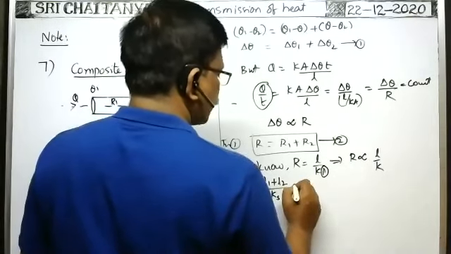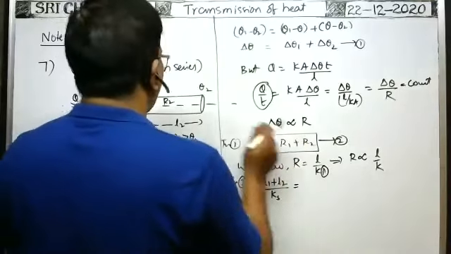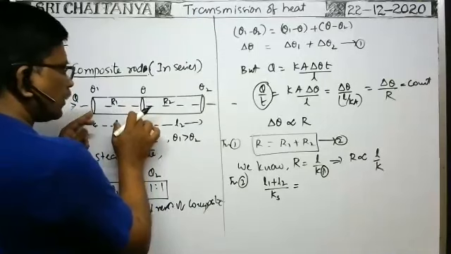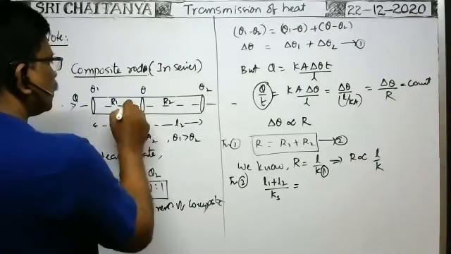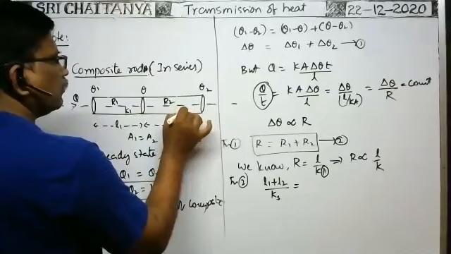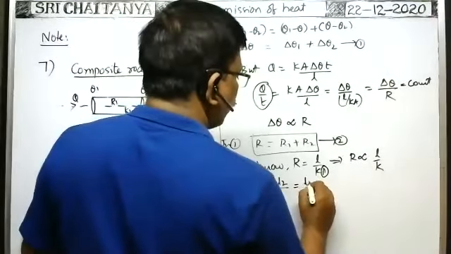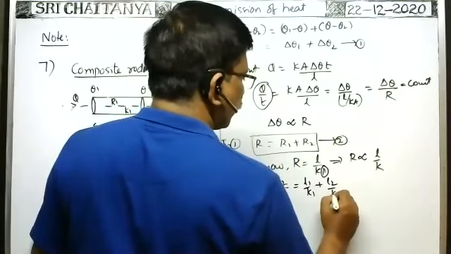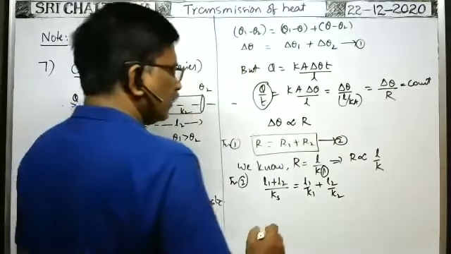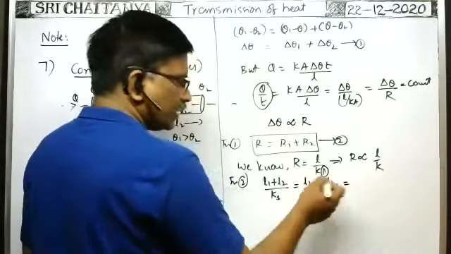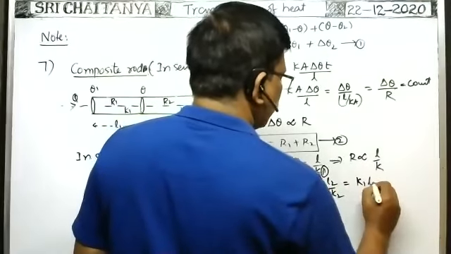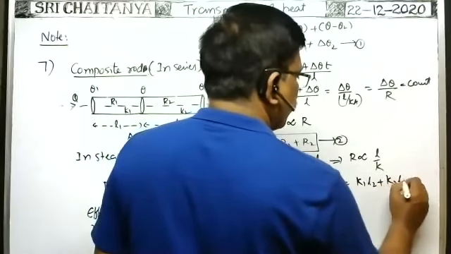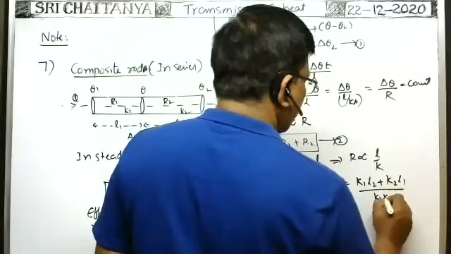Or we can write Ks is equal to R1, the thermal resistance of the first rod. That is directly proportional to length by coefficient of thermal conductivity. Length is L1, coefficient of thermal conductivity is say K1, here K2. Okay, therefore L1 by K1 plus L2 by K2 for R2. Here you do cross multiplication. Take LCM: K2 L1 plus K1 L2 by K1 K2.